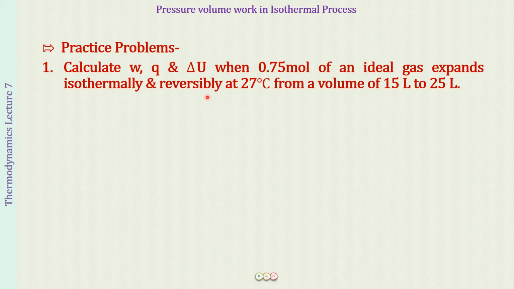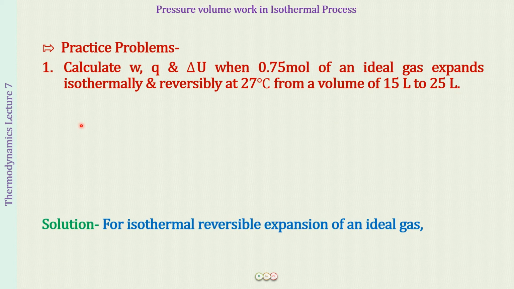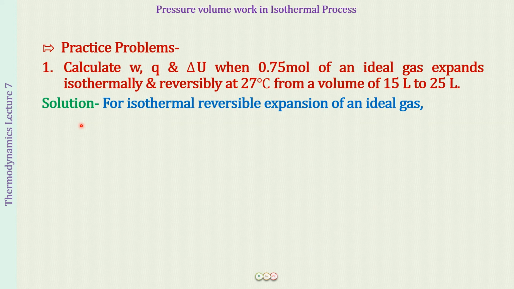It is an isothermal reversible process. This is taking place, and the volume is increasing from 15 liters to 25 liters. So this means that an expansion is taking place. So what do you have to do to find out the work done? Well, you have to simply put down the formula for the isothermal reversible expansion, and that is going to be W is equal to minus 2.303 nRT log of V final over V initial, right?